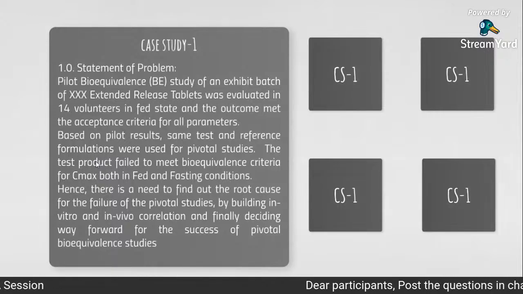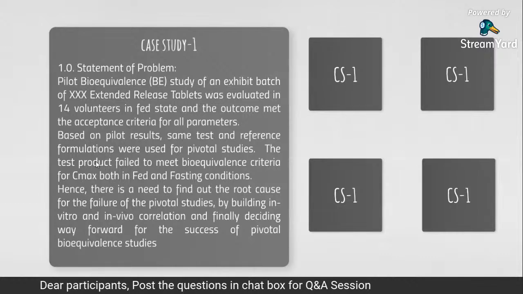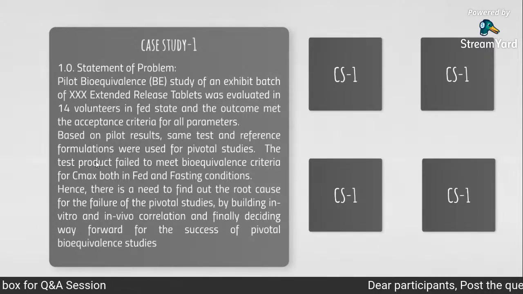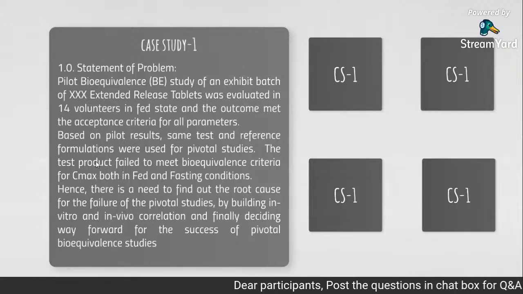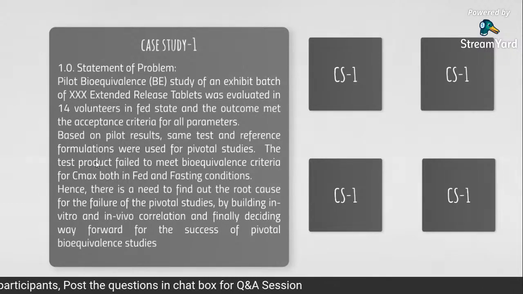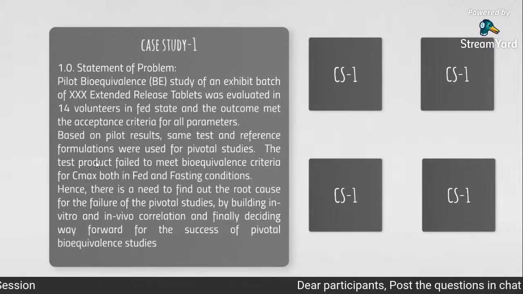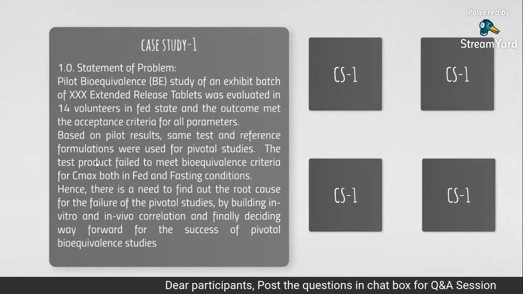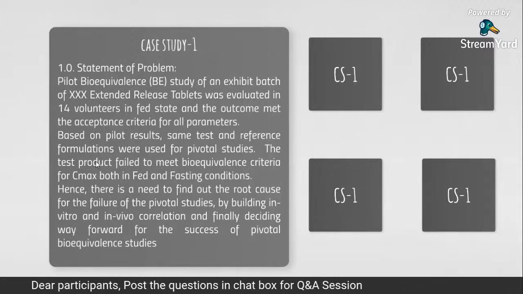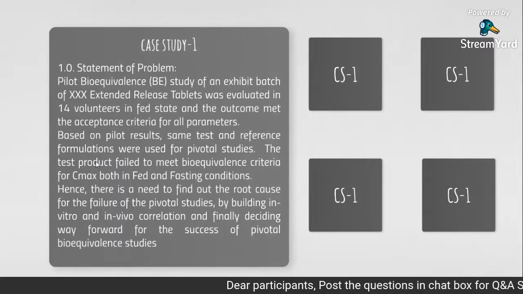Then we also need to do 2 studies, one in the fasting state and the other in the fed state. Fasting is nothing but administering on an empty stomach. Fed is after taking breakfast or lunch, and we administer the dosage form. The volume of the meal, how much has to be taken, is prescribed by the FDA. So 2 studies are required, fasting and fed. Among these 2 studies, the fed study is more critical. If we pass the fed study, we can definitely expect that the fasting study may also pass.